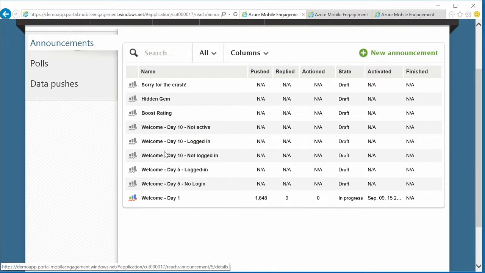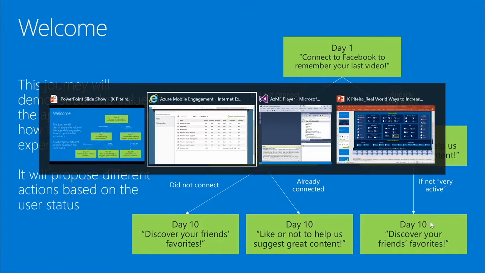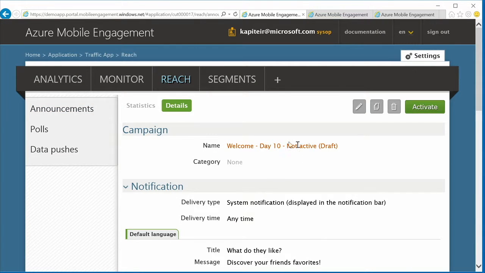I will just go through very quickly through the other parts of that welcome campaign. So again, we have the campaigns for the day 10, as I showed in the slide. So just a quick reminder that the day 10 has 3 branches after day 5. And if we take, for example, one of the examples where we have here a user that actually has connected, but after the 5th day stopped being active.